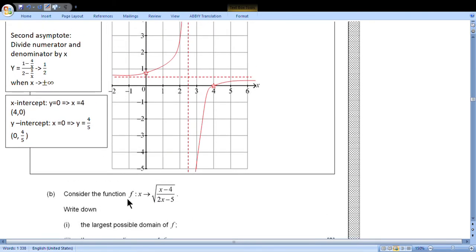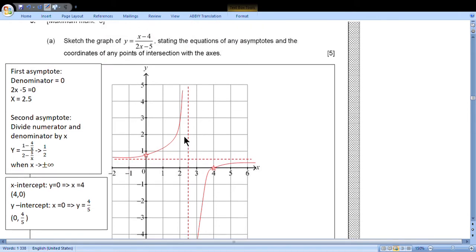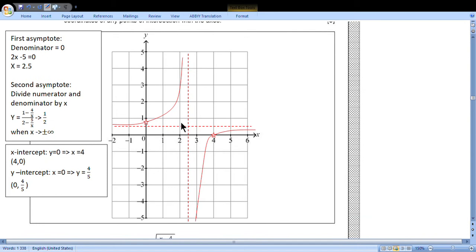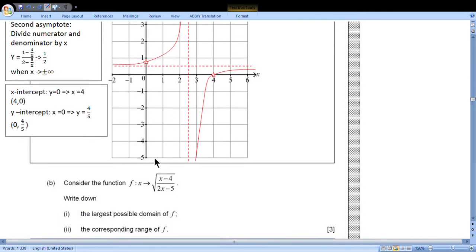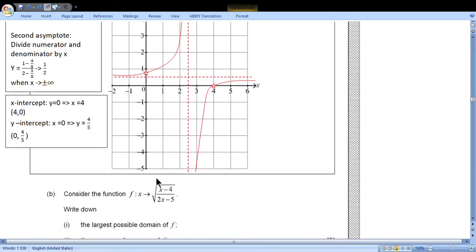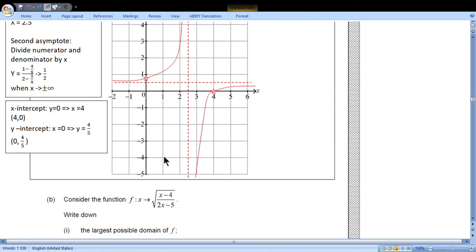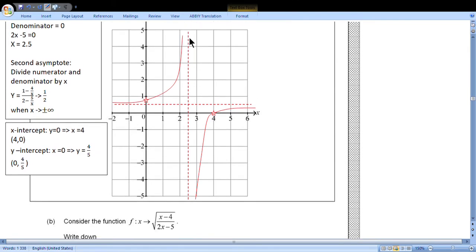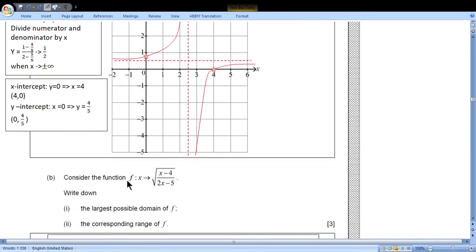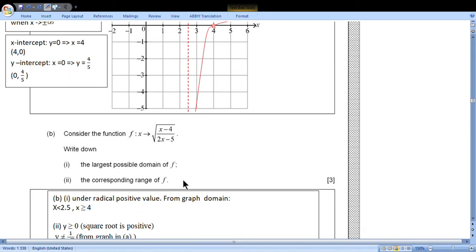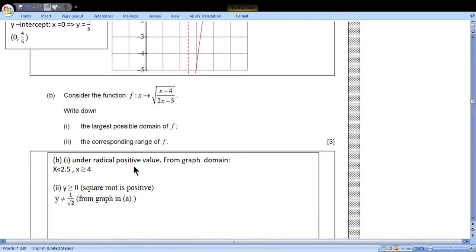So consider the function. This function is the square root of our function. It means that we'll have approximately the same behavior, except in this case we don't have this function. Write down the largest possible domain of f. f can take all values except the value on the asymptote. So all possible positive values, the largest possible domain,